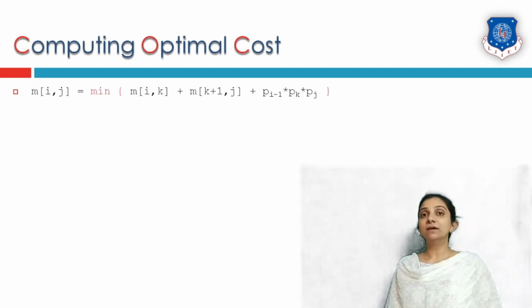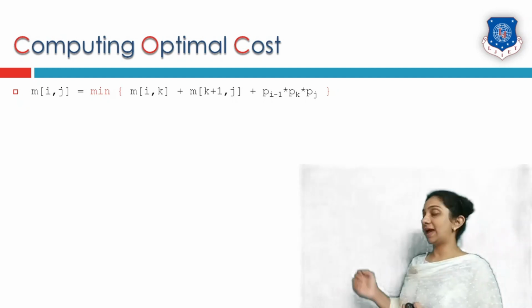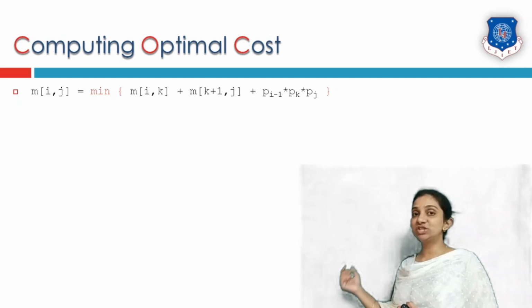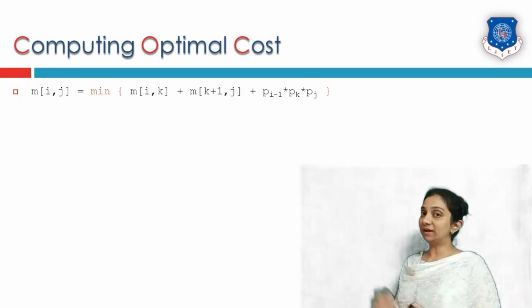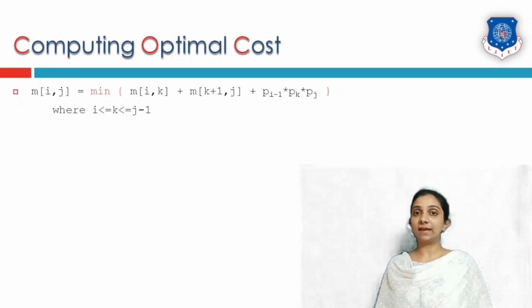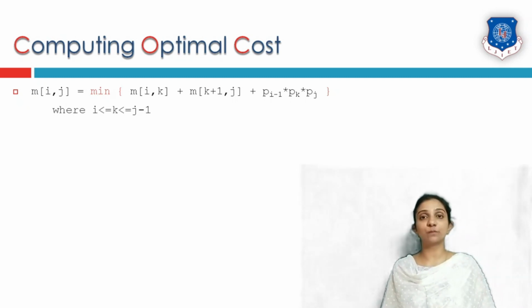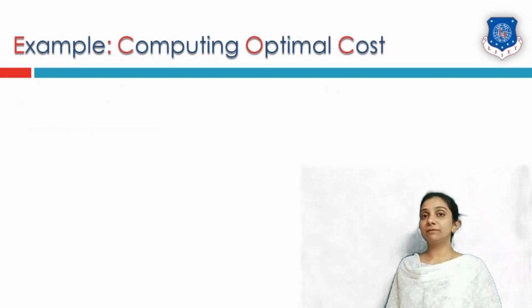Now we will see the memoization function of finding optimal cost. We will prepare a table M whose ij cell value is calculated as the minimum of m of ik plus m of k plus 1 j plus p of i minus 1 into pk into pj, where i is less than or equal to k is less than or equal to j minus 1, and m of i i is equal to 0. Now we will see how to compute that particular table and how to find optimal parentheses with the help